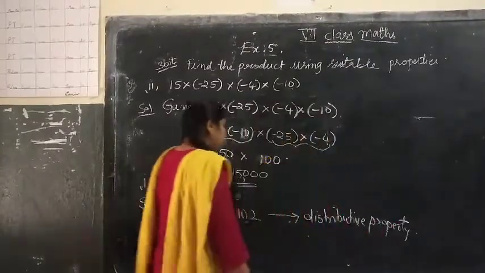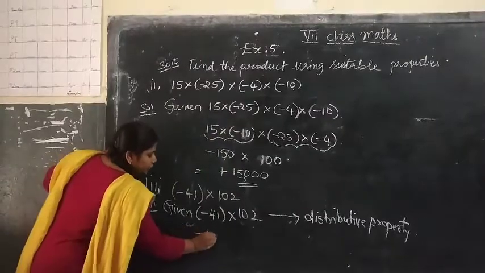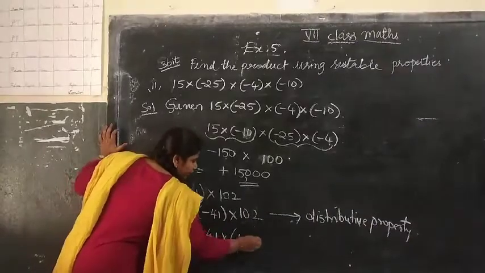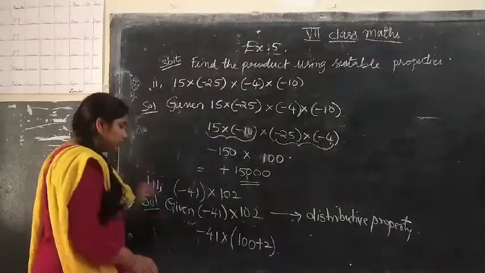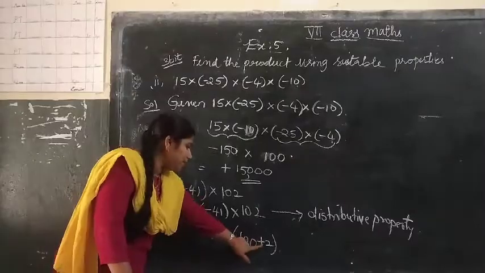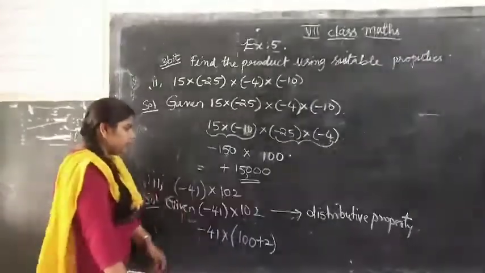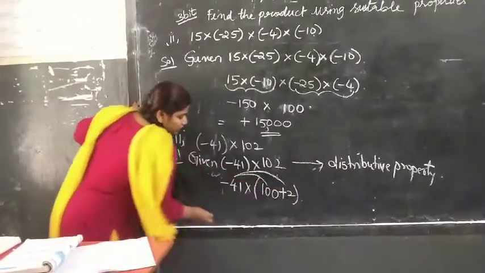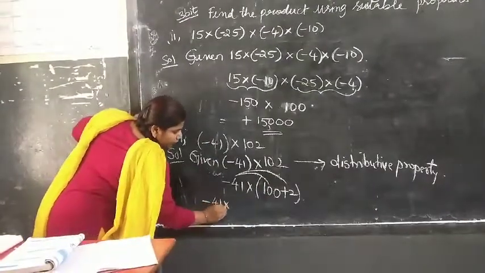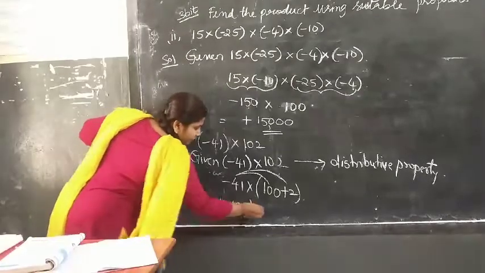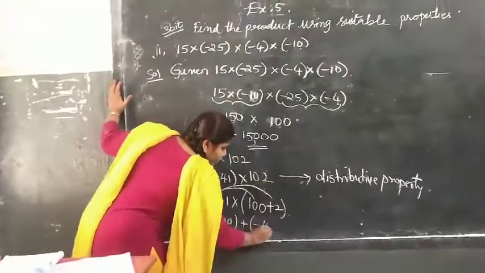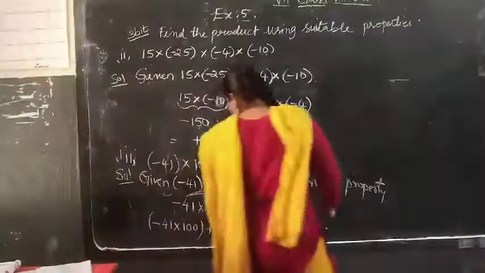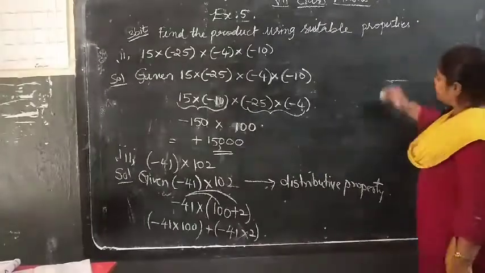So how to write it in the form of the distributive property? Minus 41 I am writing as this, into 102 I am writing in the form of 100 plus 2. So this is in the form of A into B plus C. How to convert A into B plus C? A into B plus A into C. So we have to multiply these terms. That will be minus 41 into 100 plus minus 41 into 2. Multiply the terms here. Minus 41 into 100 will be